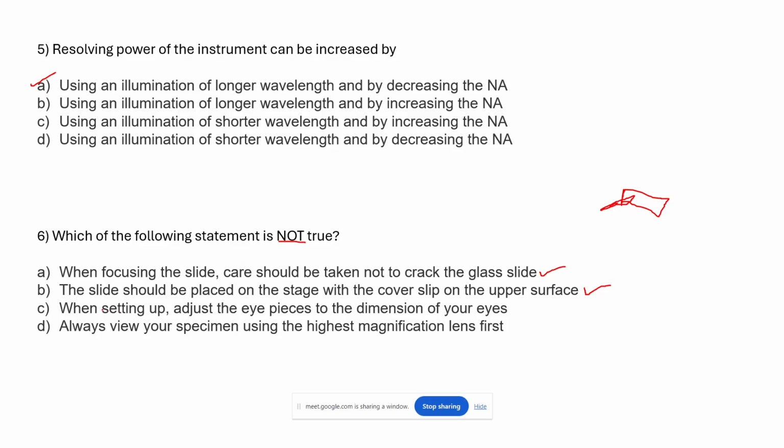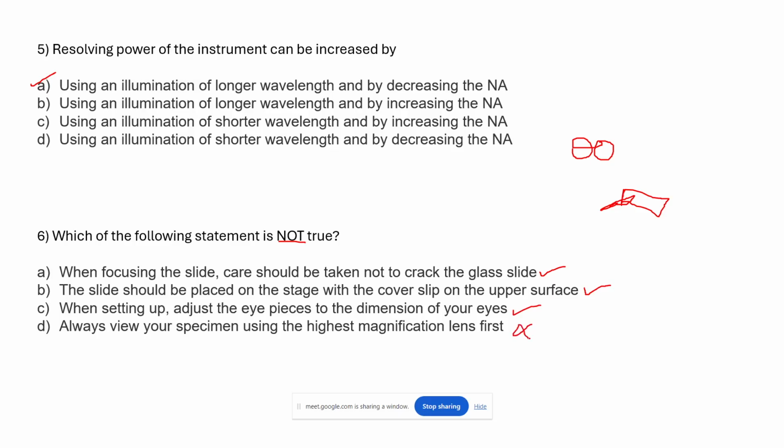The third option is, when setting up, adjust the eyepieces to the dimension of your eye. Yes, because you have two eyepieces and they should be adjusted according to your eyes. Then if you have both eyes in these eyepieces, you will be able to see the image very clearly. And the fourth option is, always view your specimen using the highest magnification lens first. This option is incorrect,